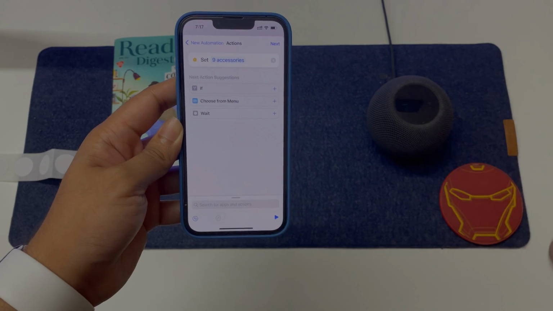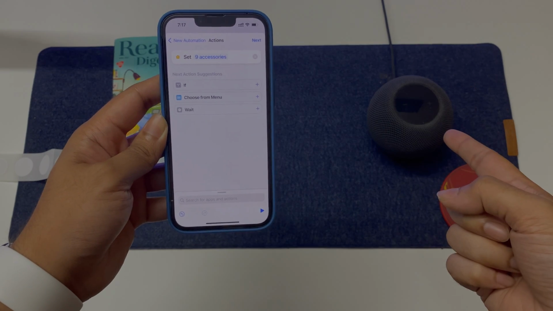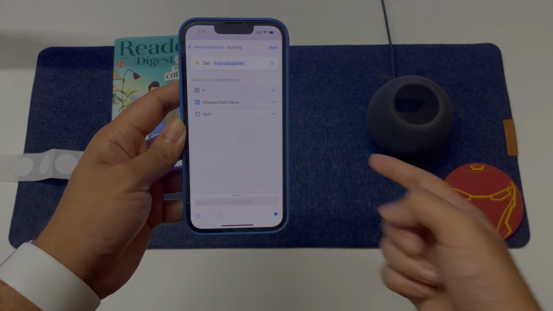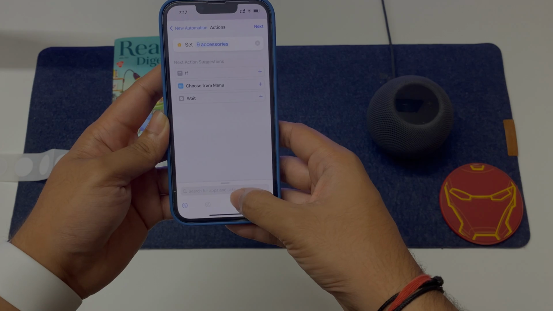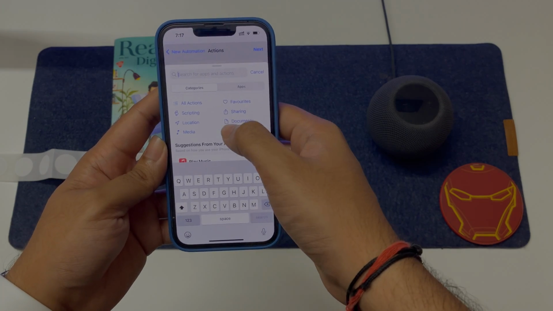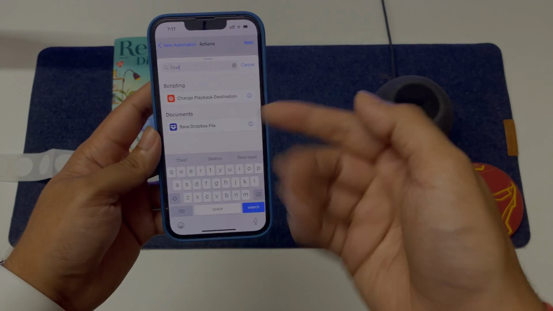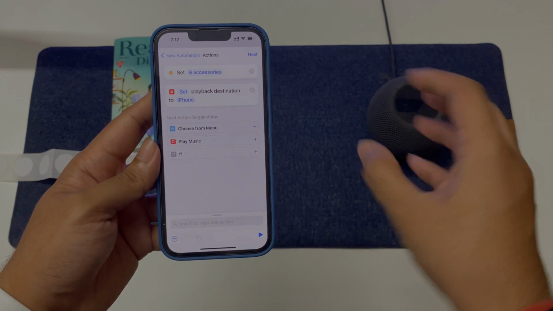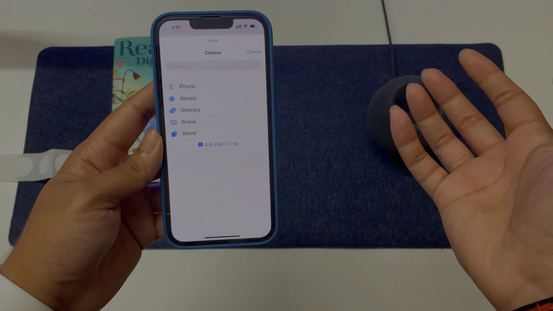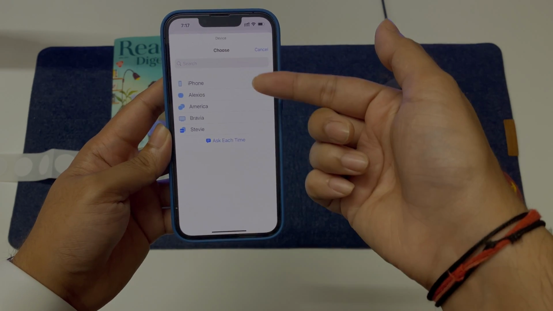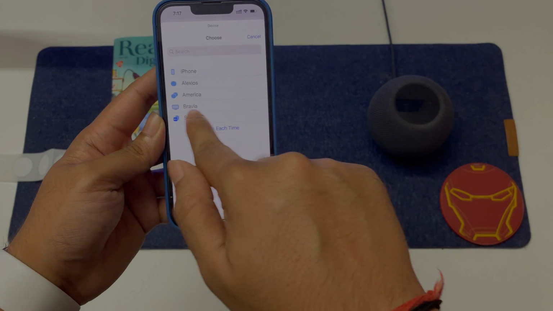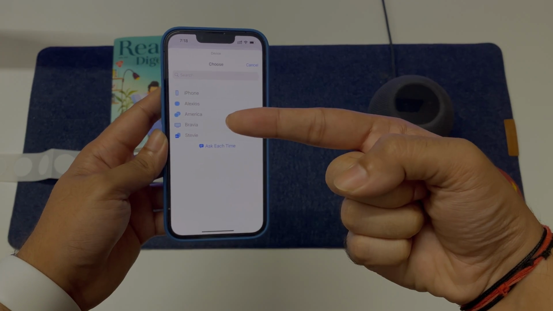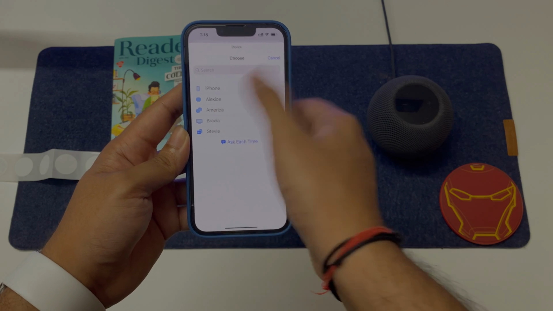Done. Now apart from this, I want my HomePods to actually play the radio so that I can set a mood to start work. So what I'm gonna do is I'm gonna search for apps and actions, and I'm gonna search for change playback destination. So if your devices are on your network, you will be able to change the playback destination. Now out of all my destinations, I'm gonna select America, which is actually a stereo pair of this HomePod, and then there's another HomePod right over there. So I'm gonna select America,